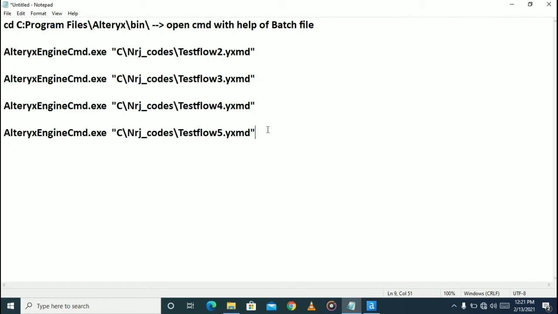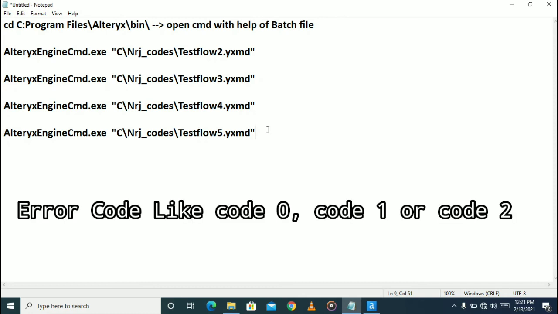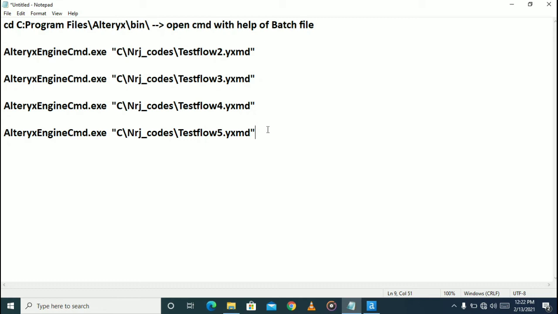And also in the next video I am going to teach you how to bypass an error. Sometimes we are creating a workflow, and if we have five workflows and between the second and third workflow we get some error, that error can be bypassed. We cannot let that error stop our workflow. So in that case, if we want to pass that error, we'll give some command. In the next video I'm going to give that script and you can execute it with your workflow.